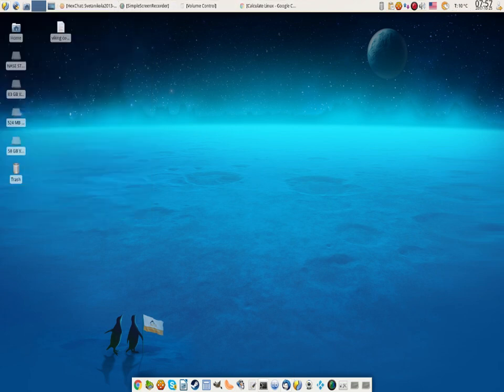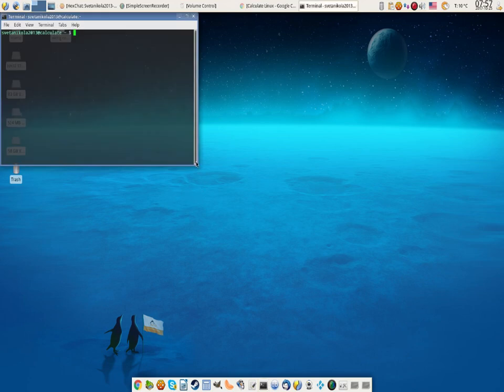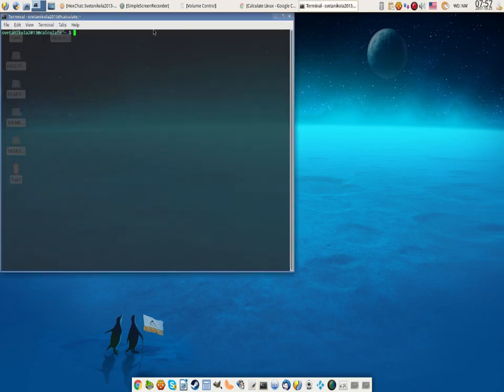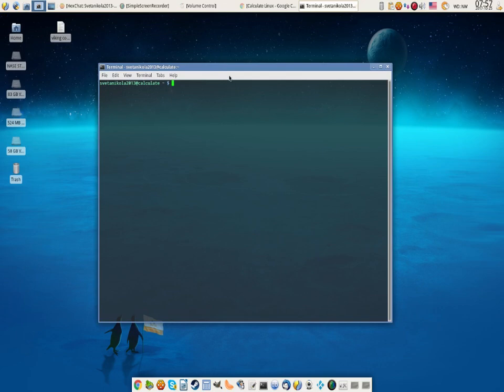Now, let's give it a shot. Let's compile it. I'm going to show you a row of simple commands for how you install a piece of software. Now, we're going to switch to sudo mode or root mode, which in Gentoo or Calculate you can get by typing in the terminal the command su, like sudo, hitting enter, and then giving it the root password that you have set up during the installation of the system itself.